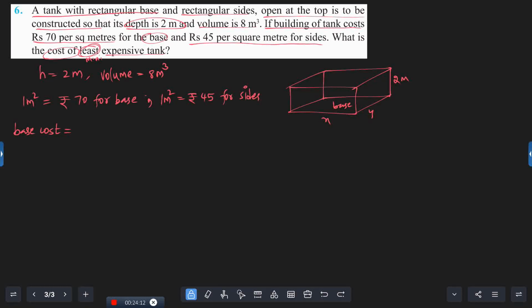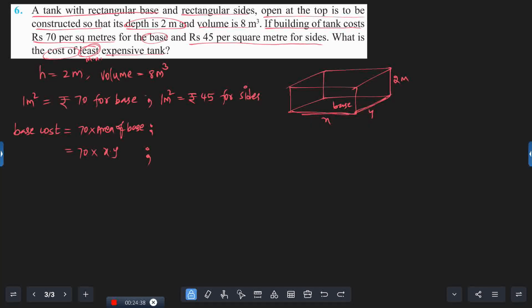So the base cost is 70 into the area of the base. What is the area of the base? The area should be rectangle shaped, here x is there, here y is there. Then what is the base area? Length into breadth, that is x into y. So it will be 70xy. Okay, let it be. And next,